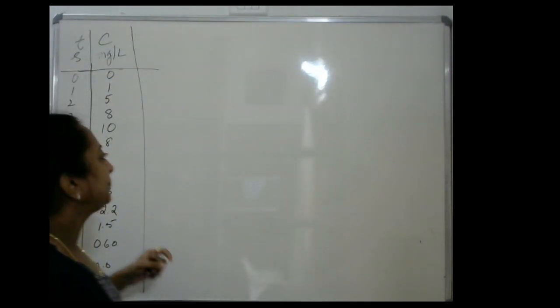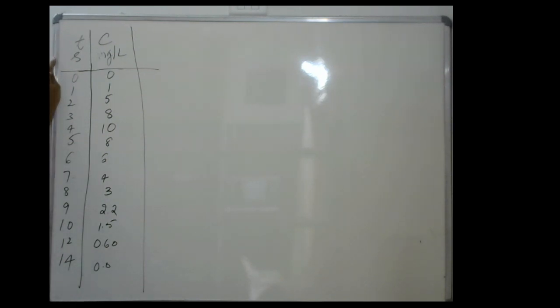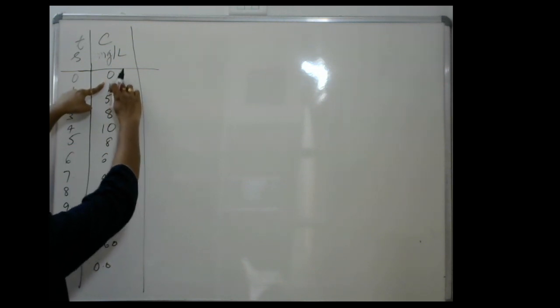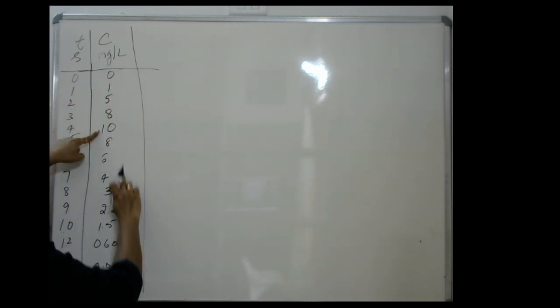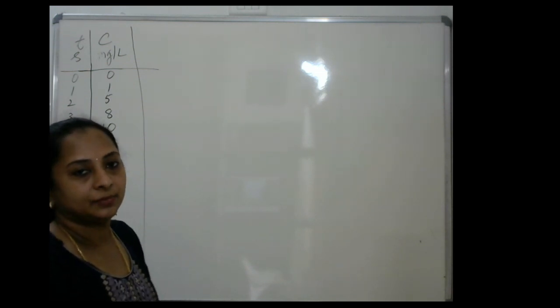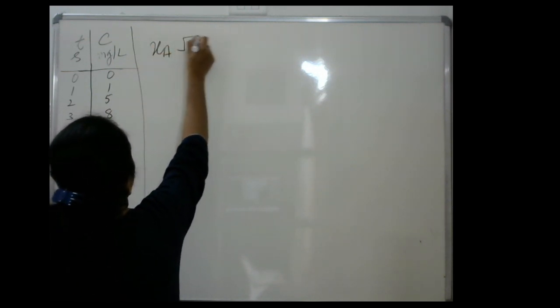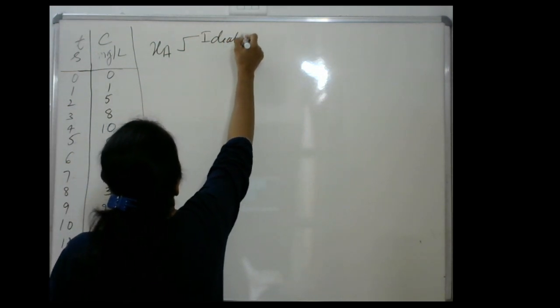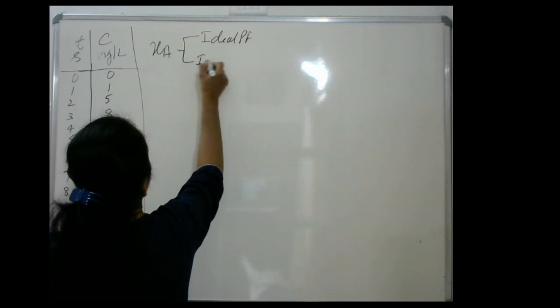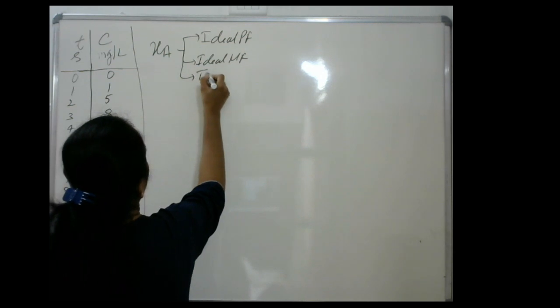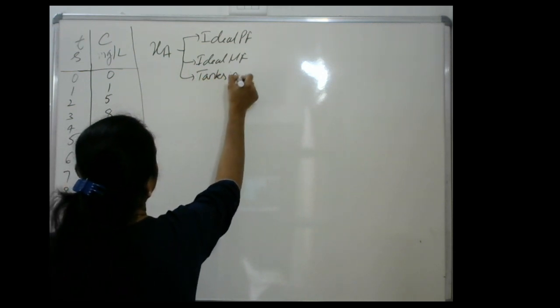So there's a question here wherein you have series of concentration versus time data given. So looking at the data for the concentration, you can also say what type of input is given here. What type of input? So here, if you see it's slowly increasing, from after 10 it goes on decreasing. So obviously it is a pulse input. The question for this is find conversion if it is an ideal PF, if it is an ideal MF, and the conversion in tanks in series model. This is your question.